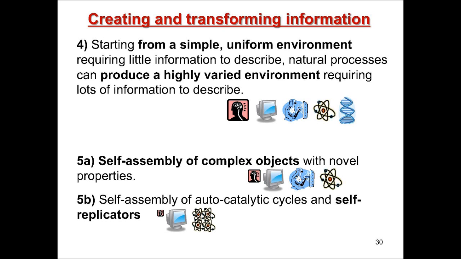We have computer models of some of those. I put this symbol here to remind us that real crystal growth is a minor example of this sort of thing happening. It is an autocatalytic cycle. It is a bit of a self-replicator. But the real question is, in the next few decades, will we be able to put a physical system with an arrow leading to a biological system in this category? I think we will. We will see.